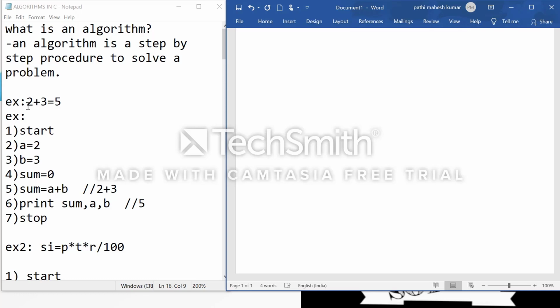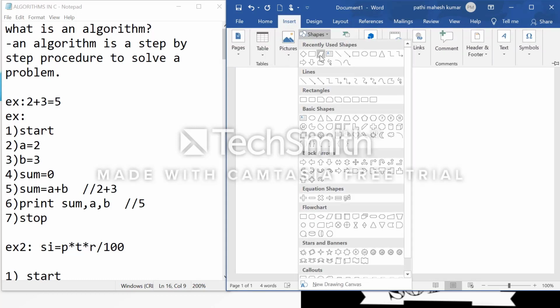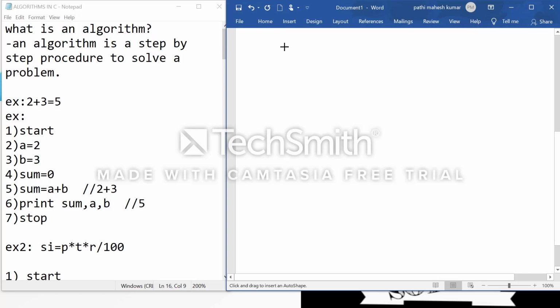So here we are trying to add two numbers. What is the result? So we are trying to add two numbers. In this example, we write the solution in a pictorial representation like a flowchart. Okay, firstly I am taking the start symbol.